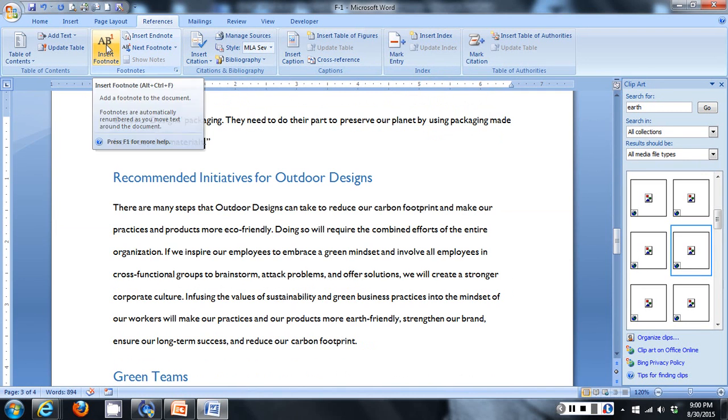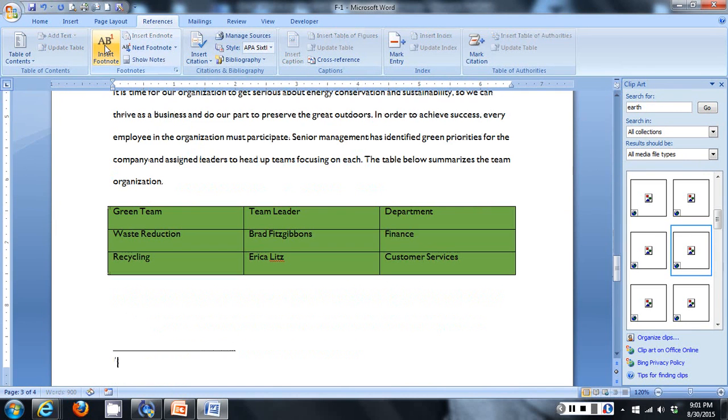Actually, it's AB Insert Footnote. You can see at the bottom of the page, it's created a blank footnote for me to type my information in. So in this footnote, based on number 4 on page 160, which is where we discuss footnotes and citations in the textbook, we're going to type this sentence: this year's efforts